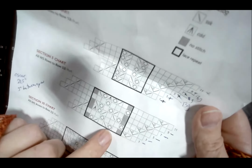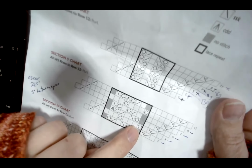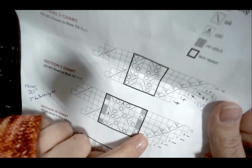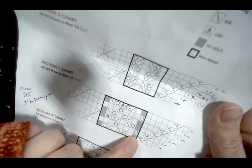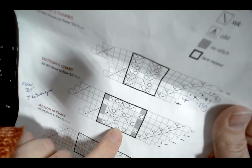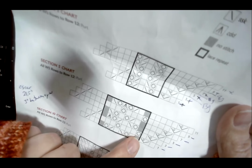What's happening here is you are getting extra stitches in this row 3 because of increases not balanced with decreases in the row. So you end up with extra stitches in row 3 as compared to row 1. So they just have that as a placeholder, and you literally just skip it. Pretend like that's not there in the chart, and you're going to do a knit and a yarn over, and here's the SSK, and then the knit, and then the knit 2 together, and then the yarn over, and then the next row is gonna have